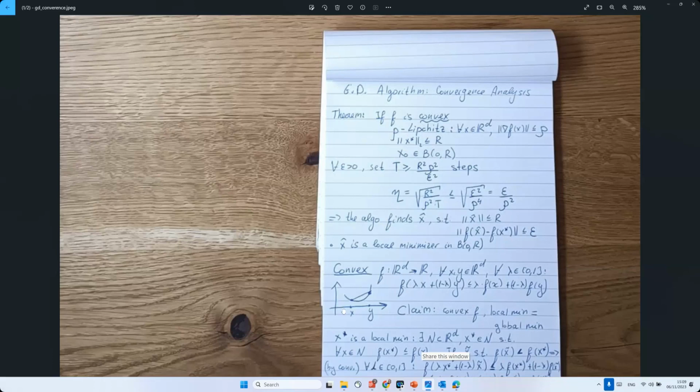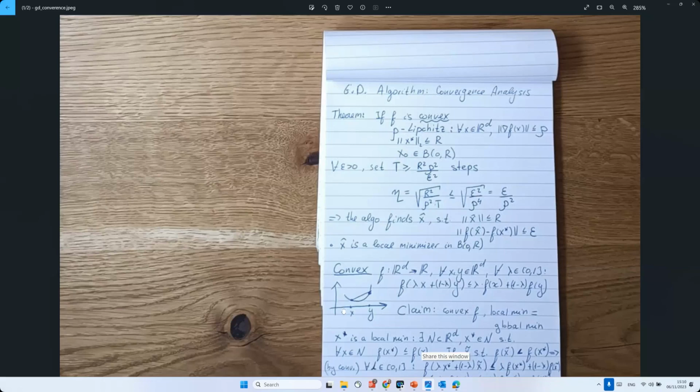and we also assume that the iterative search for the minimum, the gradient descent, starts from some point in this ball. So x0 is inside this ball. Somehow we use the prior knowledge to know that the optimum is somewhere in the ball of radius r. So let's start from any point inside this ball. So if we know all these things, and we run this algorithm of gradient descent, then for any epsilon,